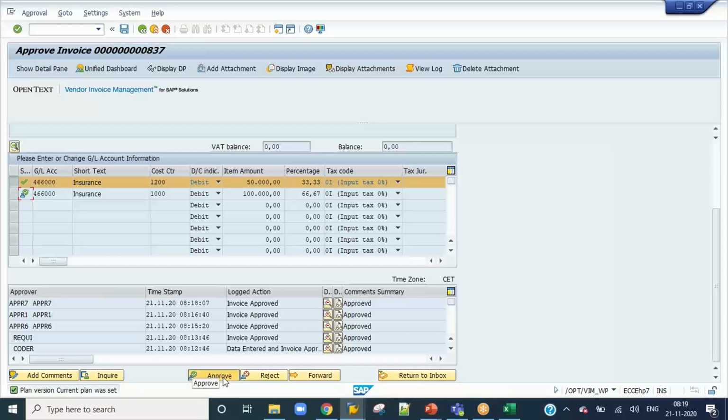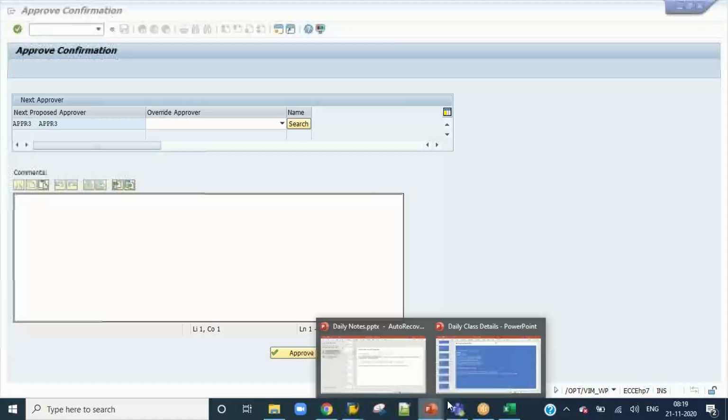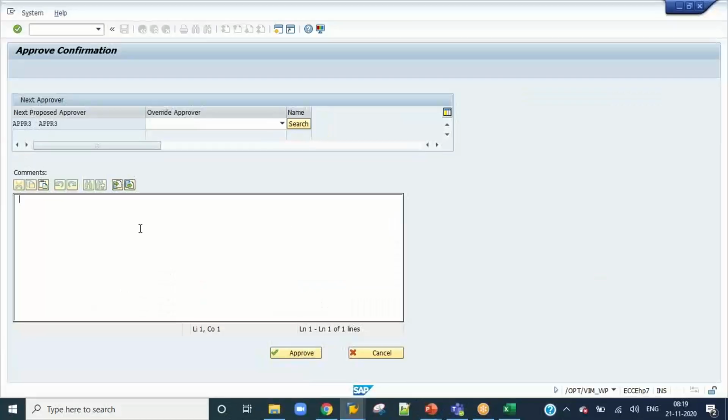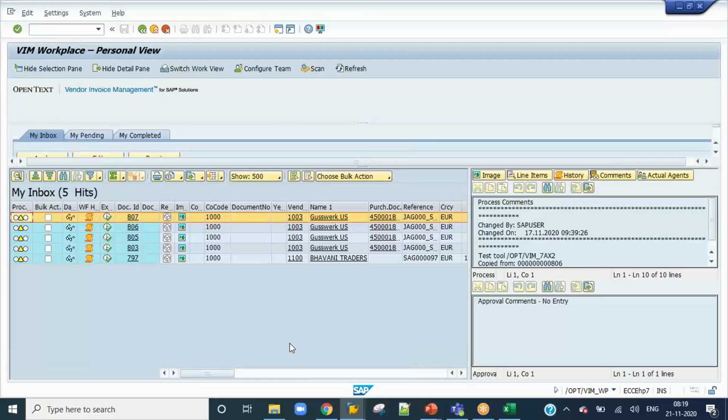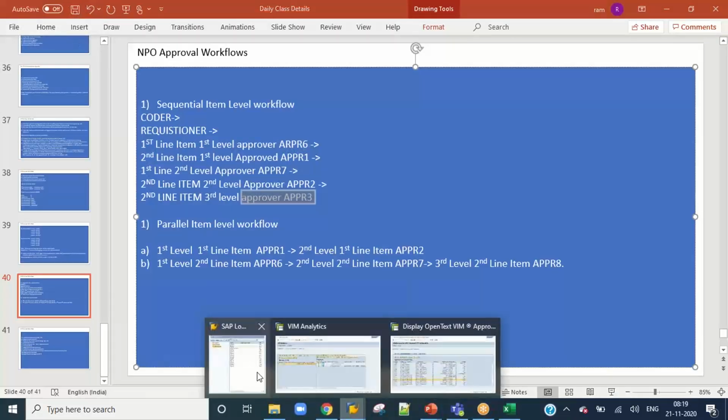So click on approve. Second line item, third level approver, APPR3. You're getting it, guys? You're clear? The sequential flow, how it is going? Yes, sir. So click on exit. So I'll go to